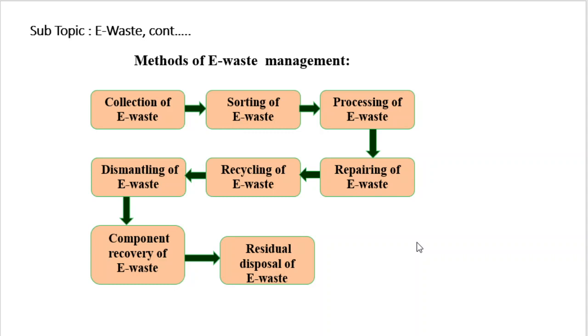In capacitors and transformers, polychlorinated biphenyls, that is PCB, are used, which is again a toxic material. In PCB boards or plastic, bromide flame retardant casing cable is used. This is nothing but toxic material. And again, in cable insulation or coating, PVC, that is polyvinyl chloride, is used, and this is nothing but toxic material. So what are the effects of that toxic material on the environment?